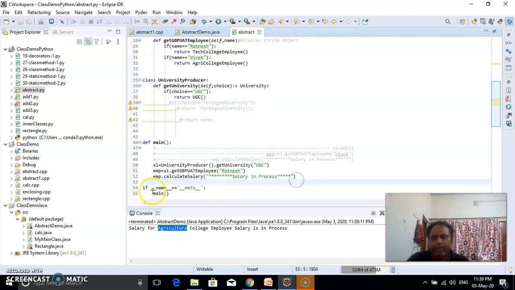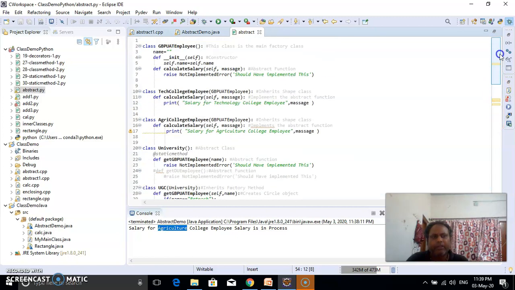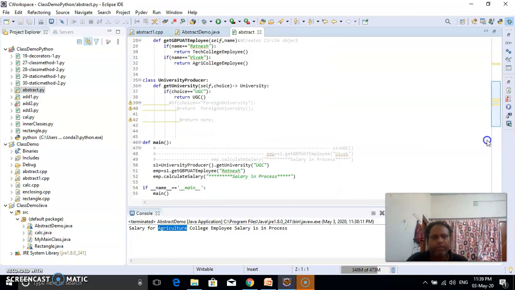And here this name is a special keyword. So when we try to run the Python program, Python interpreter searches the program from zero indentation. So it will be running the program from here. But prior to running the program from zero indentation, it creates some special keywords. So this is the special keyword which is created by the Python interpreter.